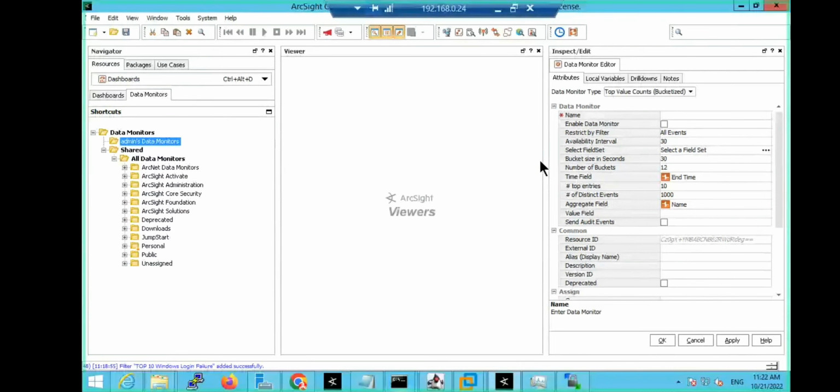तो टॉप 10 विंडोज लॉगिन, right, top 10 Windows login users are going to see, right, enable the data monitor, right, you can see restrict by